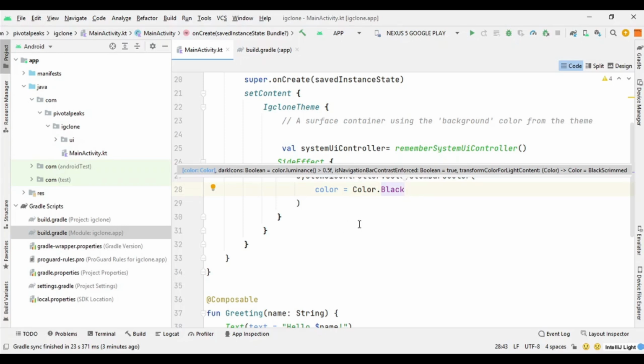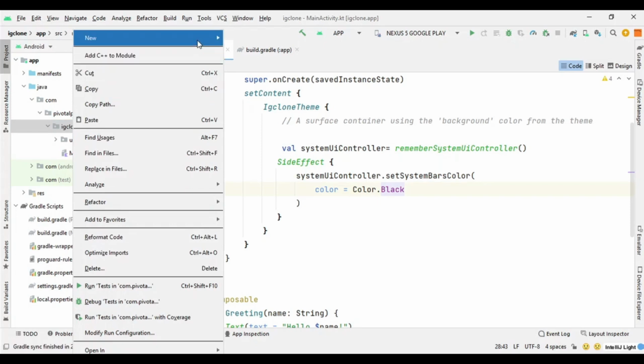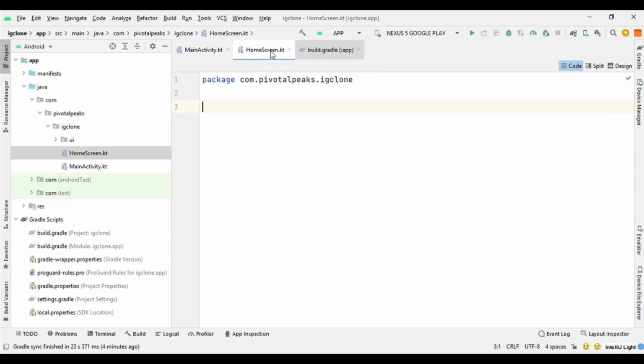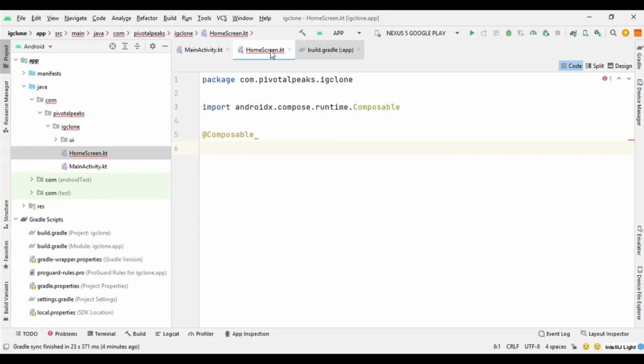So for that, we need to create a Kotlin file. So in the main root package, we can select new Kotlin class, and we can select it as a file and call it home screen. Here we can create a composable function. So we can say at composable, then we can say function home screen,